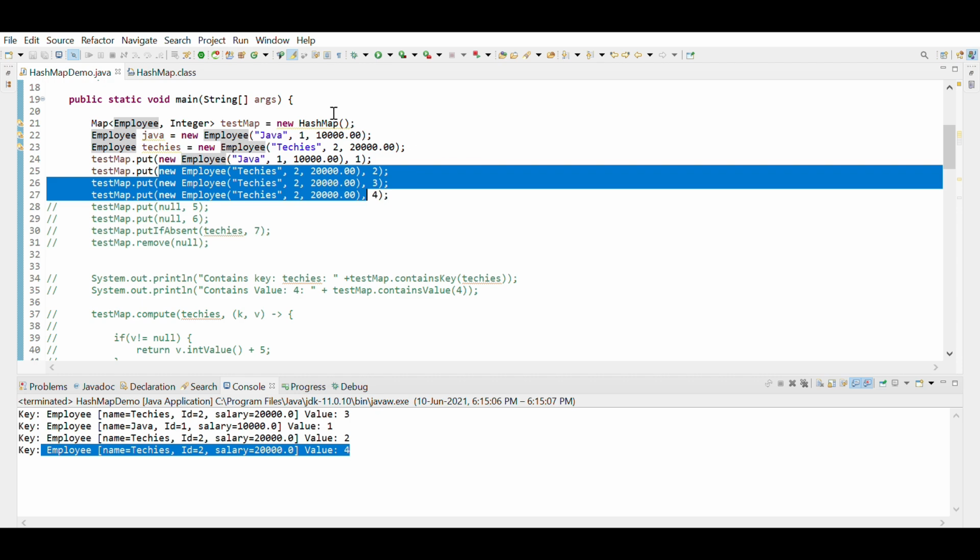Every time you do a new employee, it gets allocated to a different memory, so the equals method in the Object class will consider all these three employees as different because the memory location is different. Since these three are different, they don't match the equals criteria, so it doesn't overwrite. It actually creates new nodes for all these three. This is how it hampers the performance, and also it behaves differently. So you need to properly override the equals and hashCode methods based on your functionality.